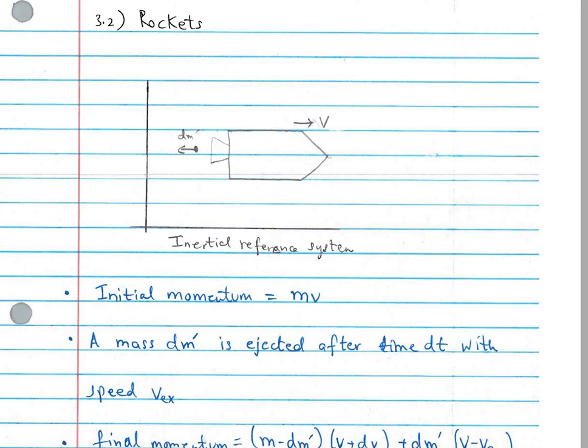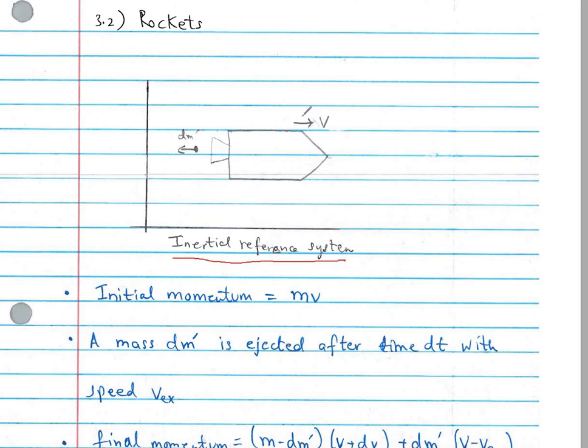Let's talk about rockets, and I'm going to use these lectures from one of my previous classes. So let's look at a situation in which there's a rocket that's moving in this direction with the velocity v, and you're in an inertial frame of reference observing the rocket. Again, inertial frames are frames that do not accelerate. So let's say that you're in an inertial frame which is at rest, and you're observing the rocket move towards